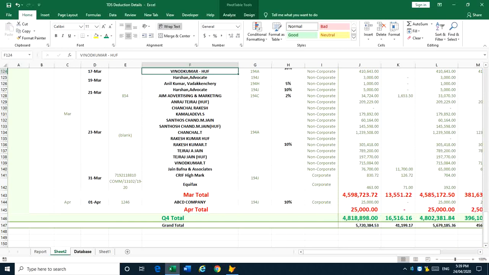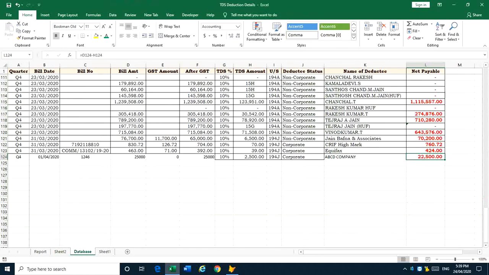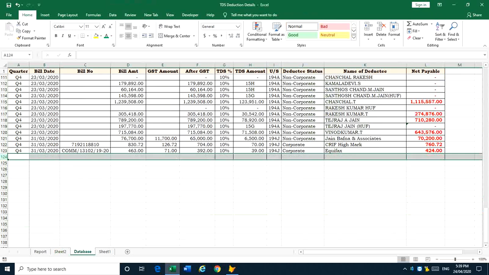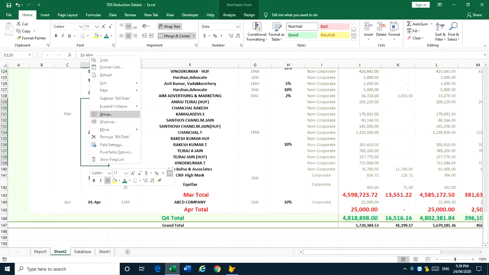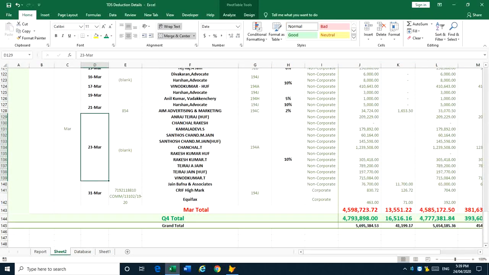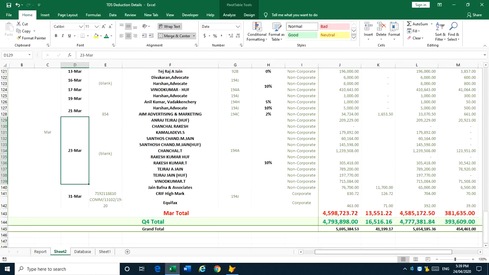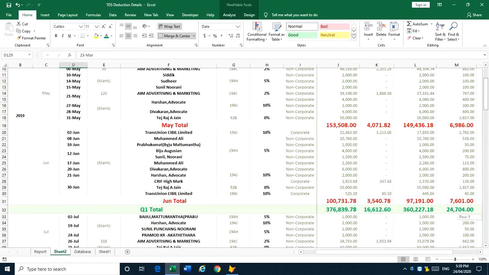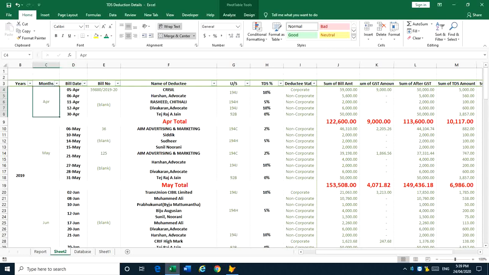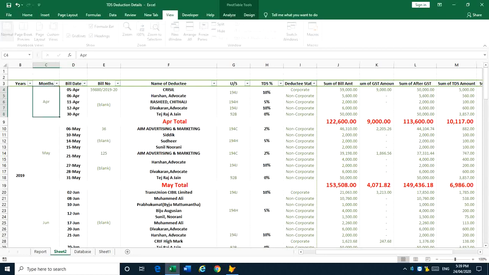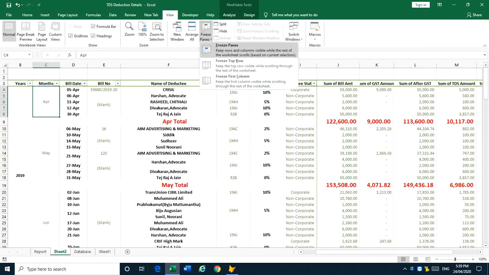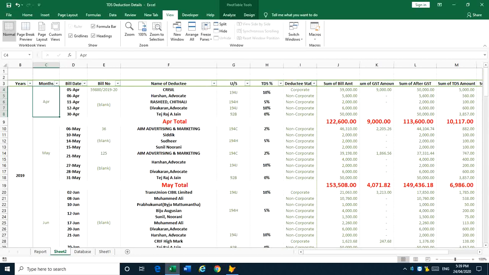I am removing it from here. Update. It will be gone. Freeze the top line. Now the report is fine.